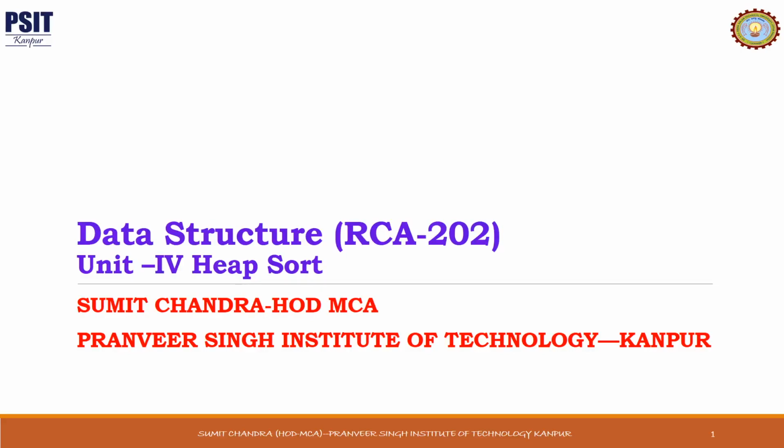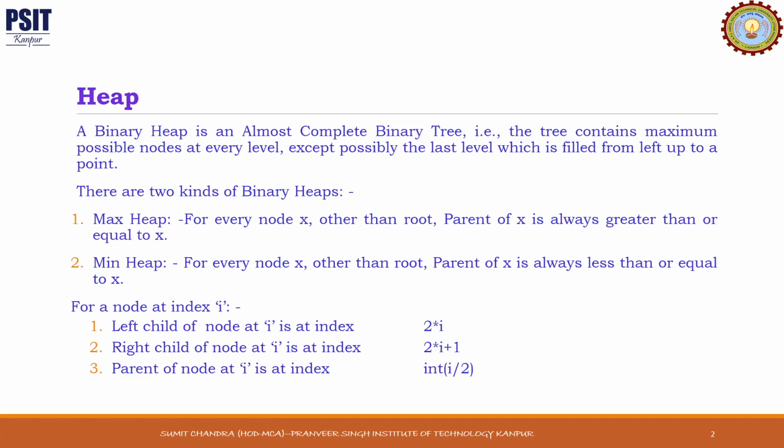In today's lecture, we are going to study about heap sort. So heap is almost complete binary tree. We are talking about binary heap here. We all know almost complete binary tree, that it is just like complete binary tree, but there is an exception that it may not contain maximum possible node at the last level, but last level must be filled from left